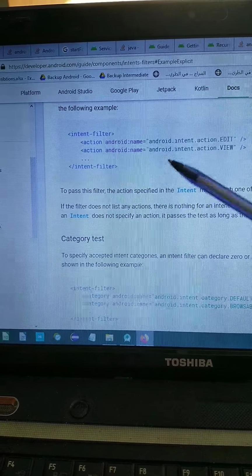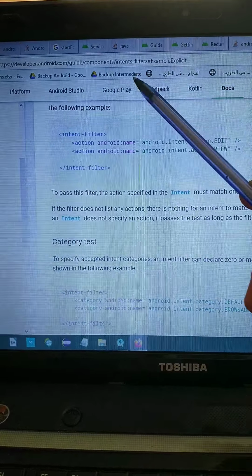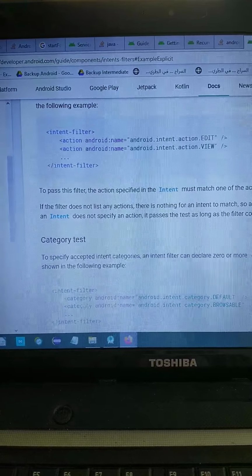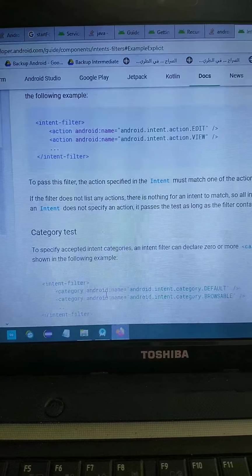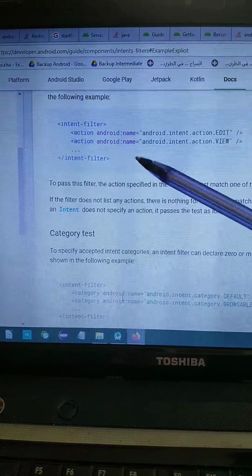I was reading this interesting article about intent filters and so on. Actually, a more interesting article, so I can understand the intent filters and whatnot.